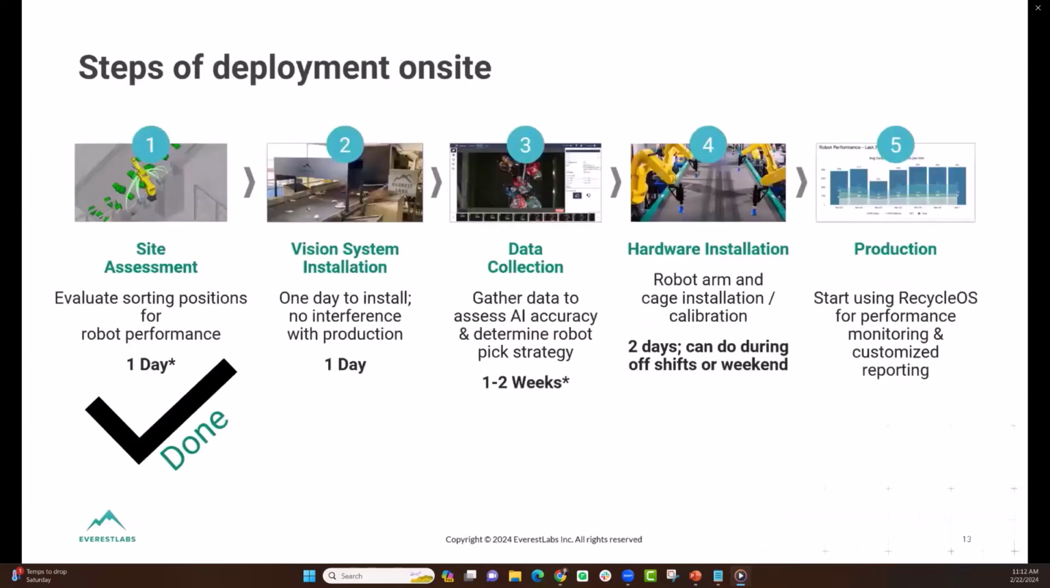It's a little more involved than that, but our install process is pretty straightforward. We generally tend to have some pre-installed work done by the MRF before our team arrives on site, which is the electrical outlets, air, and internet. Once the infrastructure is in place, our team arrives on site first for the vision install,